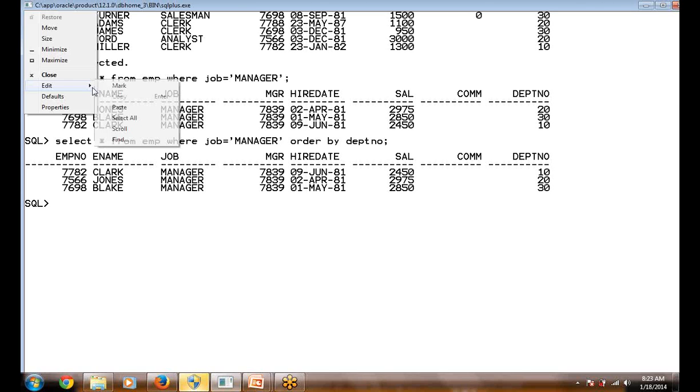Then we will go ahead and have a look at single row functions, functions given by Oracle. We have some single row functions. We have character functions, number functions, date functions. They are very, very useful to work with our table data. Then we will go ahead